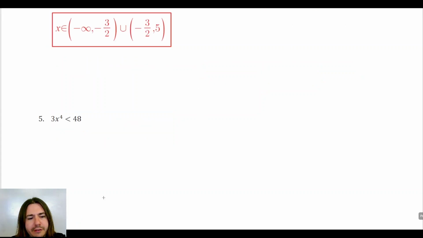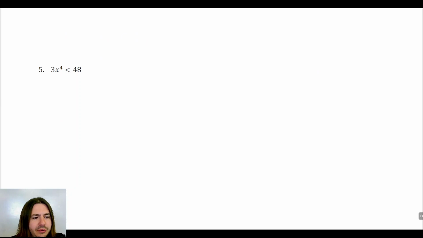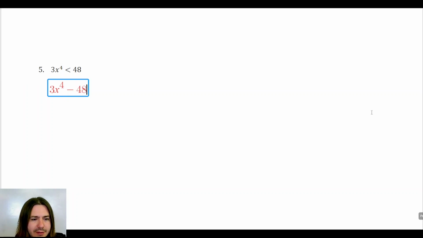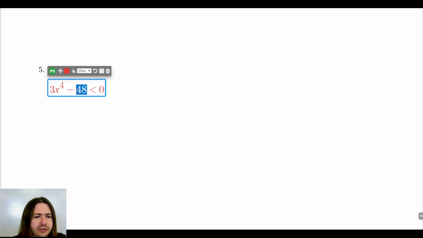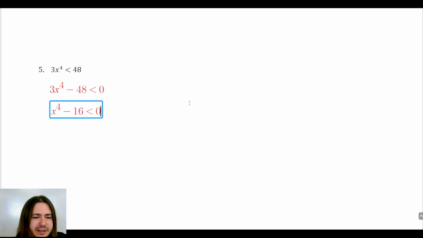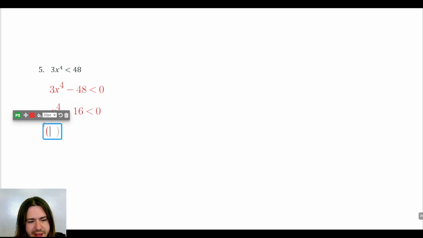For number 5, oh wow, we don't have a ton of stuff going on here, but we do need to subtract 48 from both sides. Remember, we do need a 0 on the right-hand side. So I get 3x to the 4th minus 48 is less than 0. I believe we can divide out a 3 here, right? Pretty sure 48 is divisible by 3, and so if we divide both sides by 3, that simplifies to x to the 4th minus, what would that be? 3 goes into 4 one time, carry the 1, goes into 18 6 times, so it should be x to the 4th minus 16. This is a difference of two squares, so we can factor this as x squared